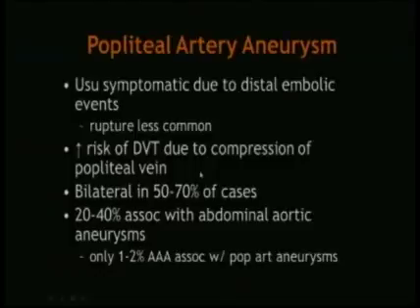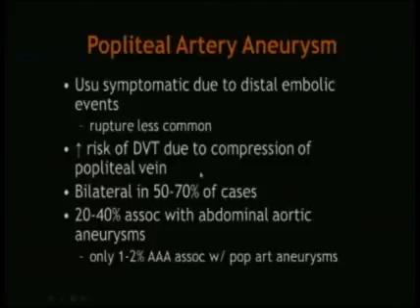The biggest issues with popliteal artery aneurysms, again, are distal emboli and the risk of compression of adjacent neurovascular structures, such as the popliteal vein. Popliteal artery aneurysm will be found bilaterally in up to 70% of cases. And by the way, if you do find a popliteal artery aneurysm, probably you should be looking at the abdominal aorta